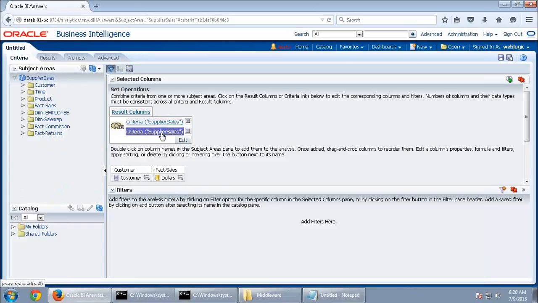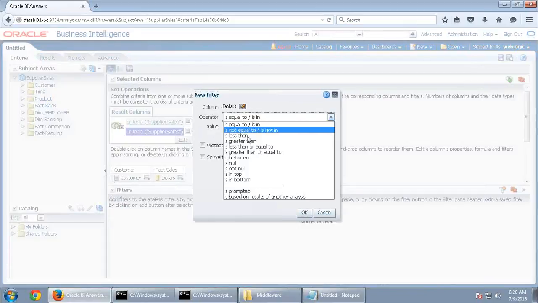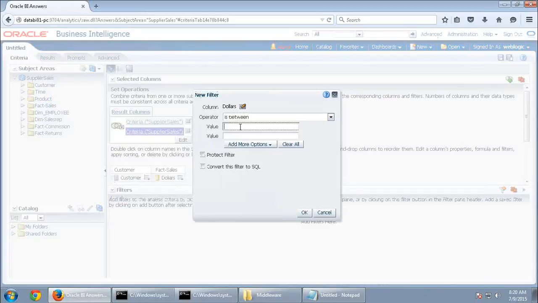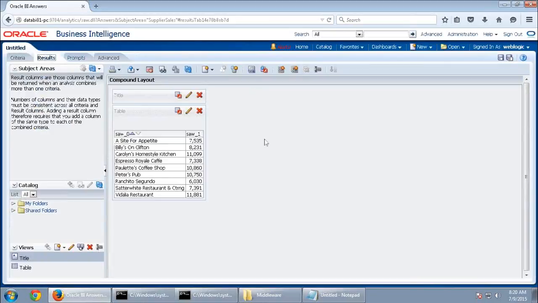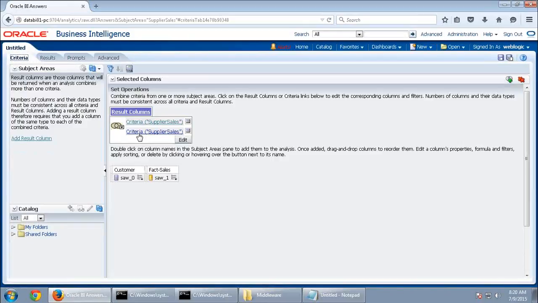Between 5,000 and 10,000, and this take between 8,000 and 12,000. And there should be a value which is repeated here. So you have 1, 2, 3, 4, 5, 6, 7, 8, 9, and there should be a value which is repeated. Union all will, what does it give you?